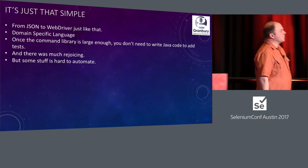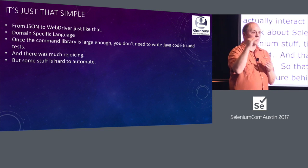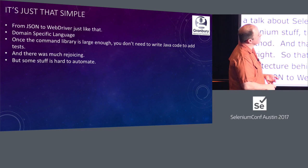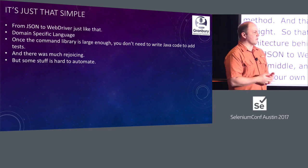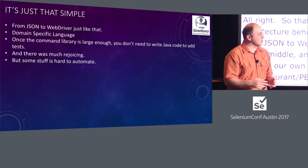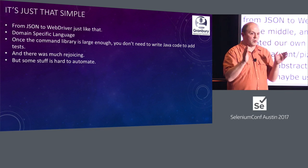All right. So that's kind of part one, the architecture behind this, which is we go from JSON to WebDriver by putting a little layer in the middle that allows us to switch the logic we're testing with based on the product. That's called the ProductDriver. The basic idea behind this is that we've created our own domain-specific language for restaurant/pizza point of sale. We could have tried to come up with some kind of abstraction that we could open source, maybe use something like Cucumber, but we decided that we wanted to focus really on the problem we were trying to solve